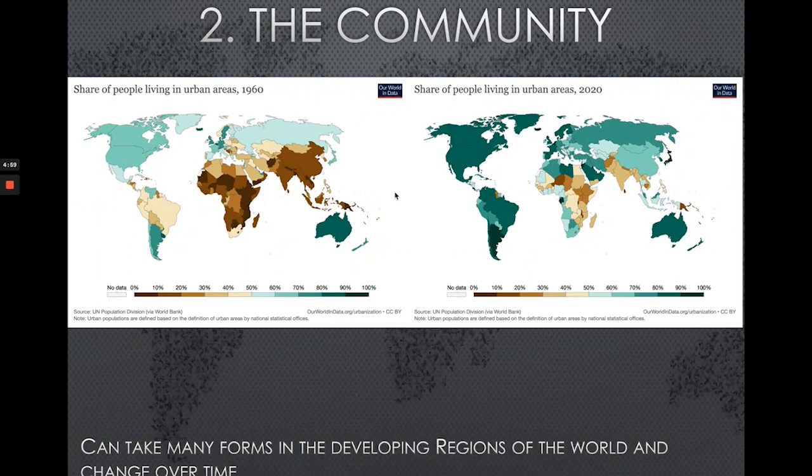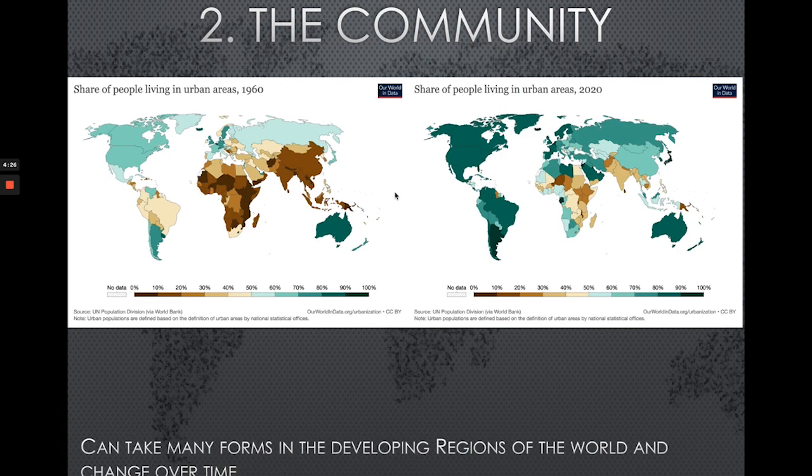The second level is the community. Beyond the household is the direct vicinity, the village, or the neighborhood where people carry out their daily lives. The way this community looks plays a heavy role in defining the types of relationships, processes, and living conditions around the world. And it is very important because we see here different developing regions, South America,